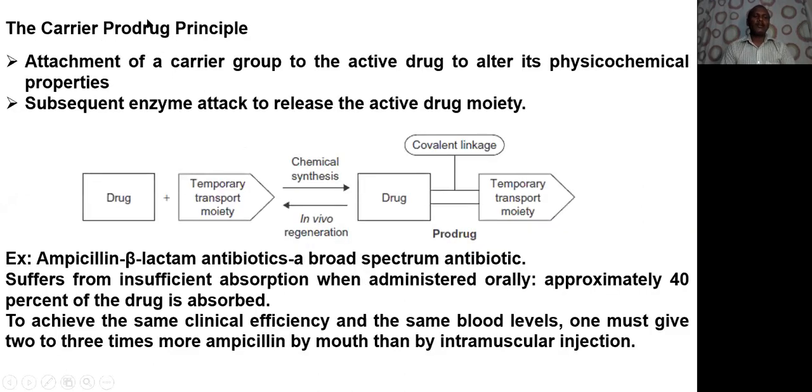The principle we have also discussed: you have the drug molecule, and you attach a temporary moiety, a transport moiety or carrier moiety, and you synthesize the two together to get the prodrug. This is a covalent, temporary linkage, which has to be easily hydrolyzable, easily cleaved. And the example we have taken is